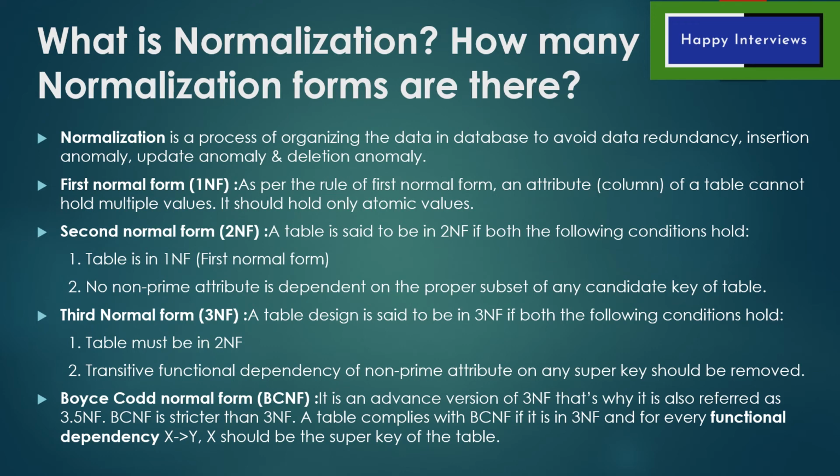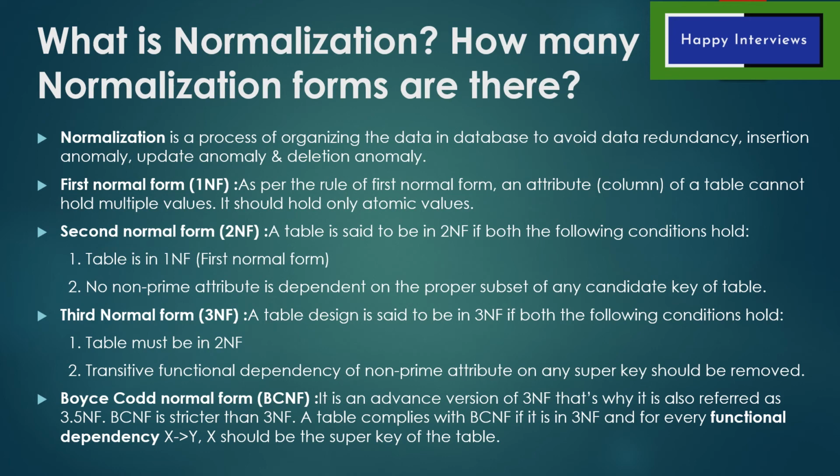What it says is that every field present in the table should be dependent on the full primary key, not only a subset. So to remove this, we will move the department column into a new table with only two columns, department ID and department name, and then it will be in second NF. I hope you understood this. You will understand better in the tutorial. The only thing is that a non-prime attribute should not be dependent on a proper subset of any candidate key of the table.